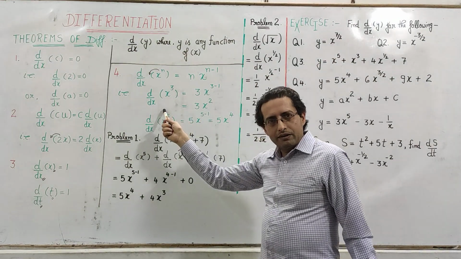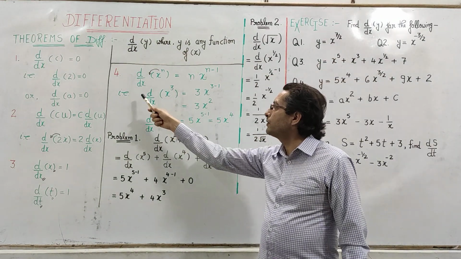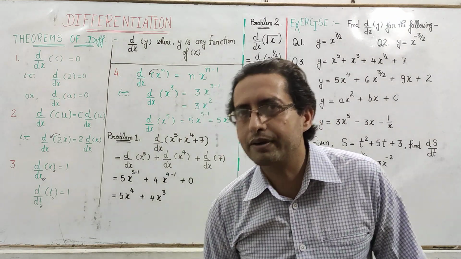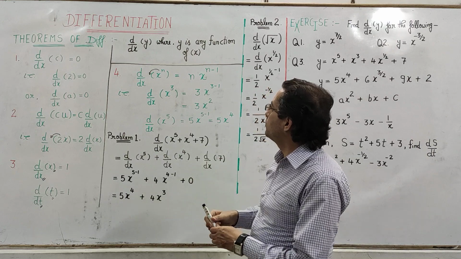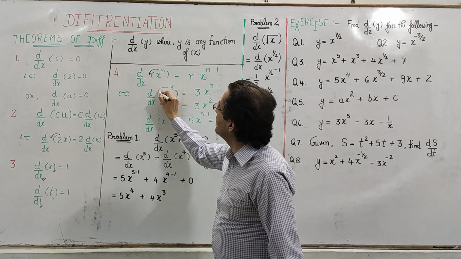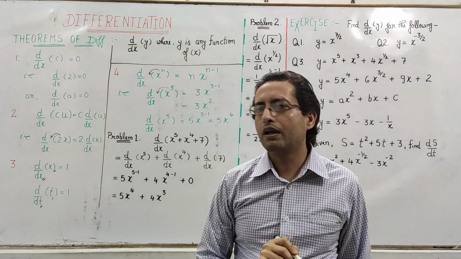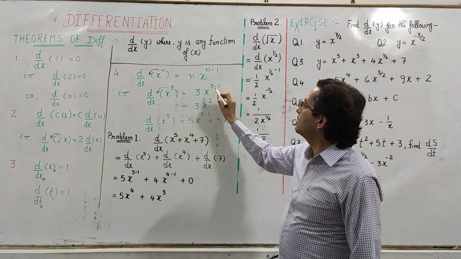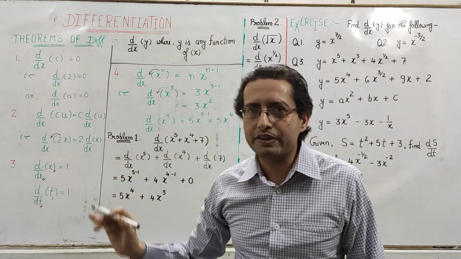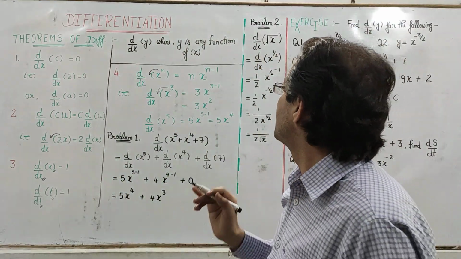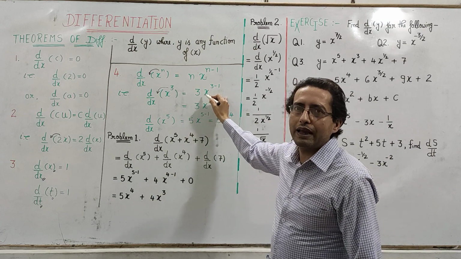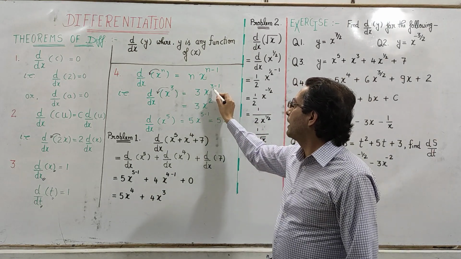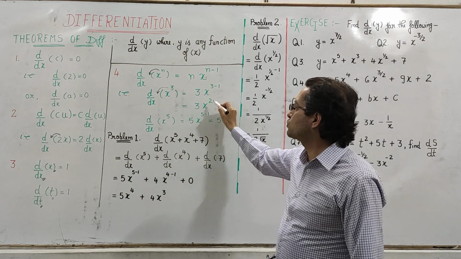It can be made clear with one example here, d over dx x power 3. 3 is the power here, so we have to bring it in the very beginning. So the 3 is here. Next, n minus 1, so the power should be subtracted by 1. So it becomes 3x power 3 minus 1. And it becomes 3x, and the 3 minus 1 becomes the square.